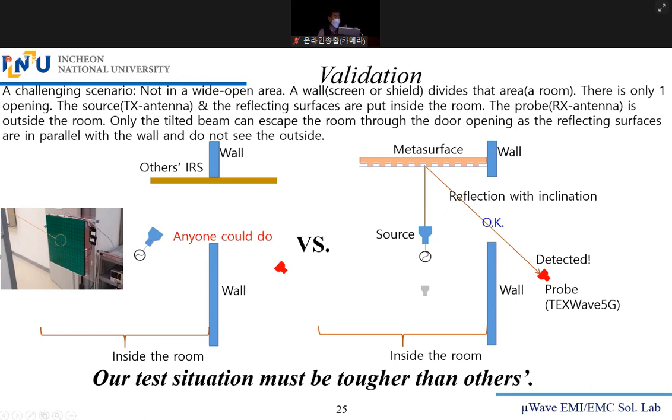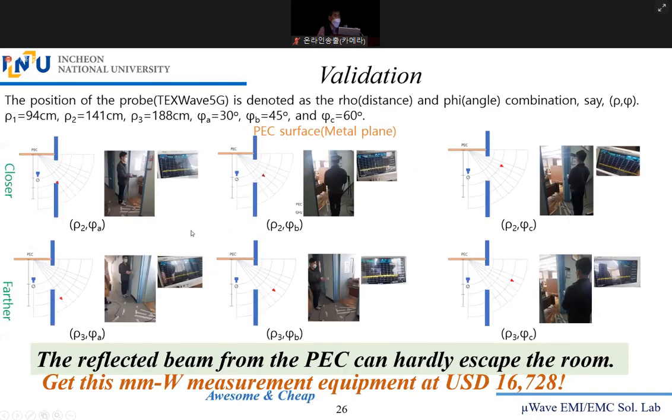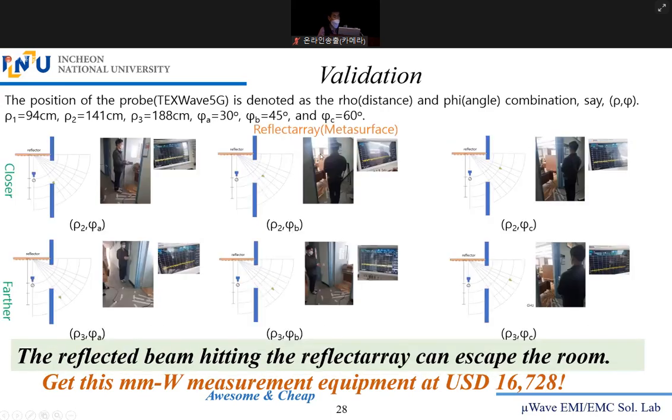Their source can be tilted. Whether this is well designed or poorly designed, you can see underneath it, it is connected with very bulky and heavy active component circuitries. You can receive the energy even without a metamaterial. So I do not like to fool or deceive other people like this. This is our test environment, and this is their test scenario. And we did it for a simple PEC or metal surface and the metamaterial surface.